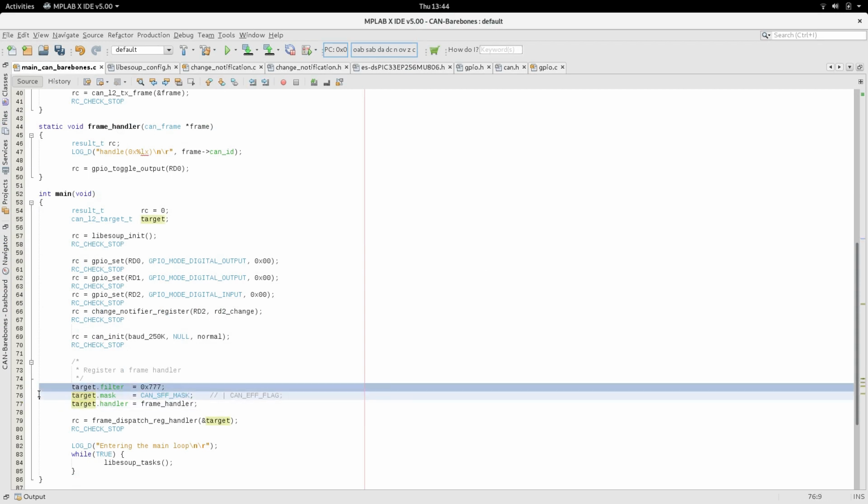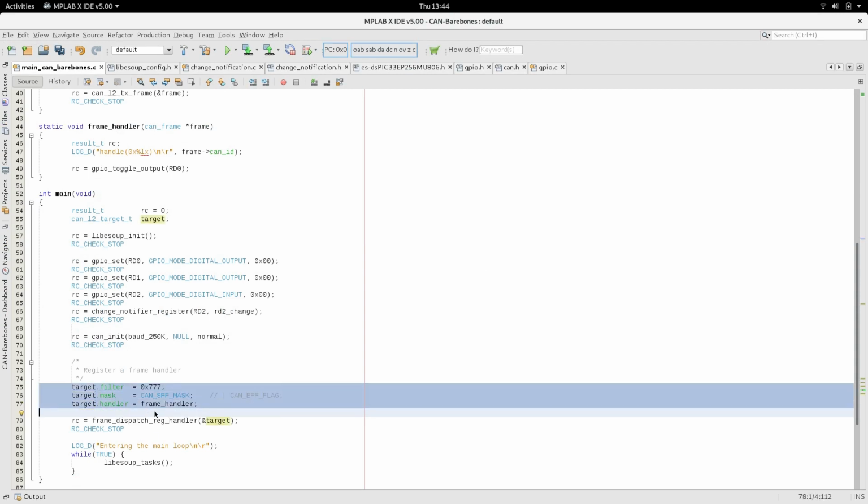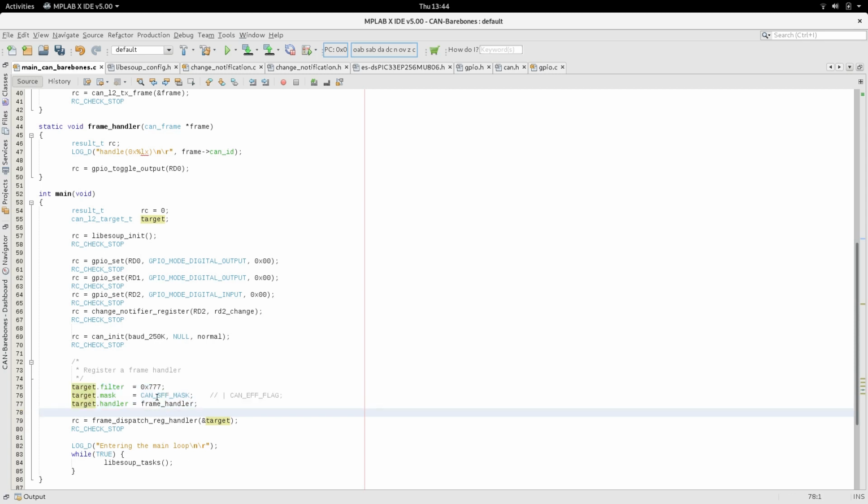So we've said any standard, the standard 11-bit frame 777, this is the frame handler we want to call. We could actually add a bit there to say if the RTR bit is set, then we could have another function, the RTR frame handler, and that would handle that specific message. And that's a different mask and a different filter, but